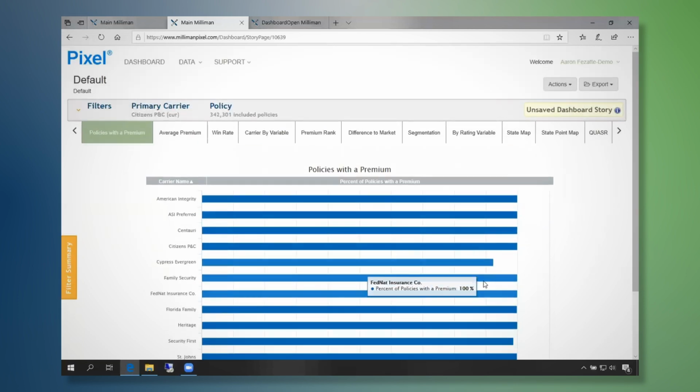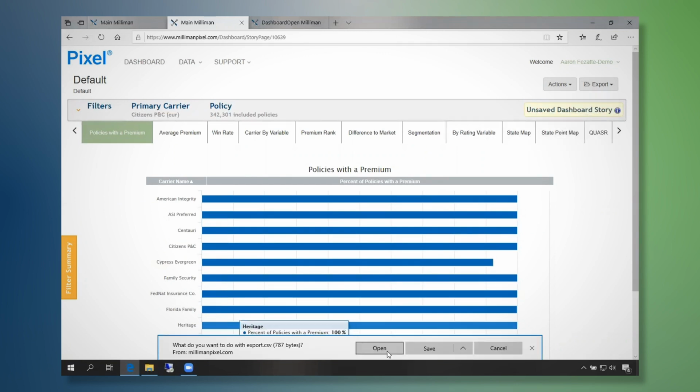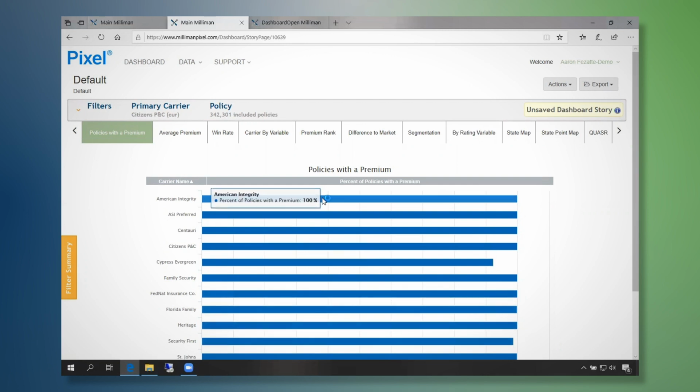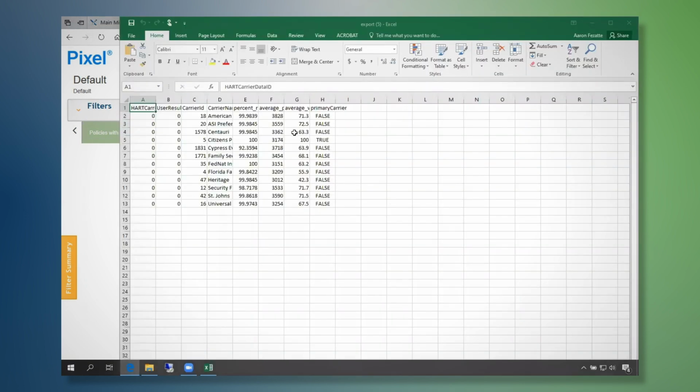If you'd like to see how close they are, you can export the page into a CSV, and this will show a little bit more detail beyond just the hover 100.